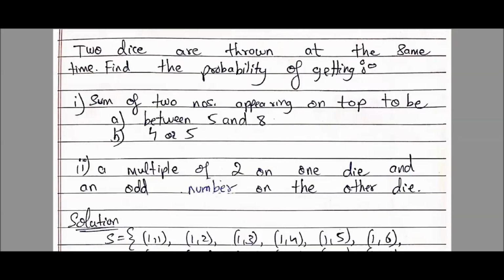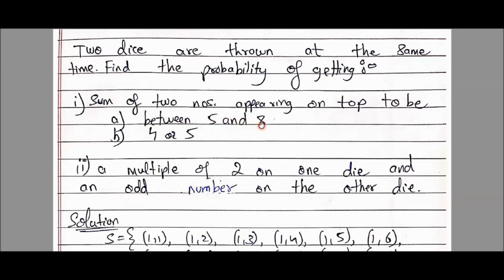Next, find the probability. Sub question 1. Understand, I'm reading it very carefully. Sum of two numbers means the answer of addition. The answer that comes after addition is called the sum of two numbers appearing on top. Students, I have 2 dice, so when I roll 2 dice, I'll get 2 answers on the top. They are asking me to add both those answers, and after adding, what is the probability that your sum is